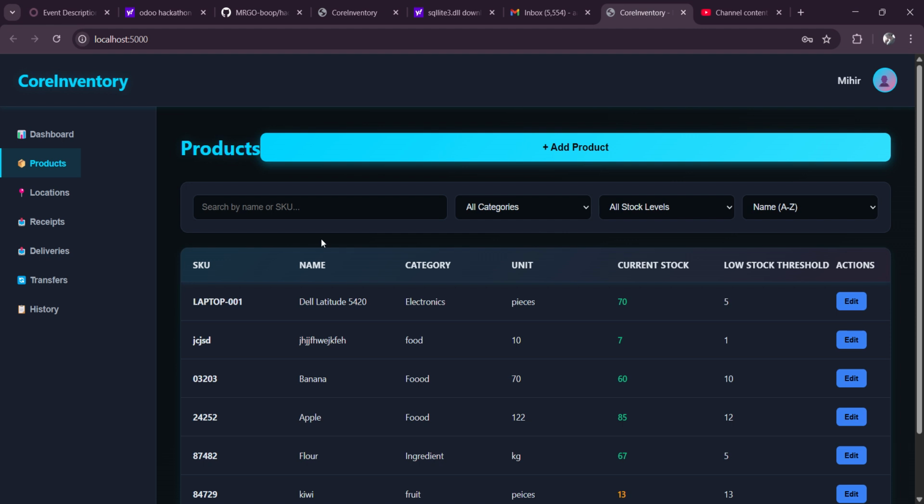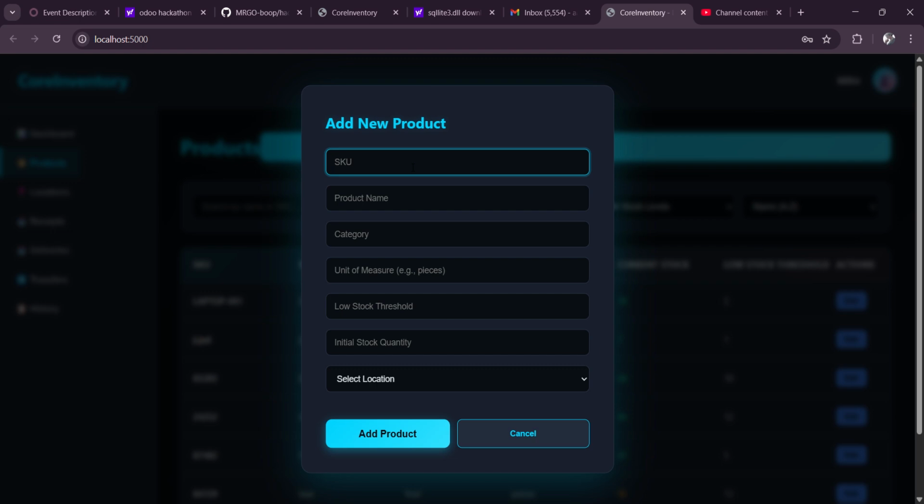So this is our product page in which you can add or delete any product. If you want to add any product, you can just click on add product. SQ is a unique number which you will give to your product name. Add your product name like